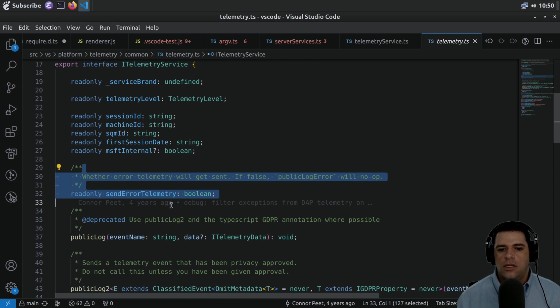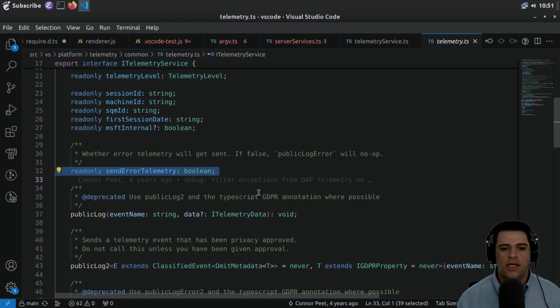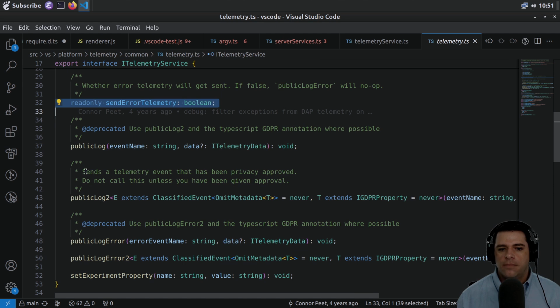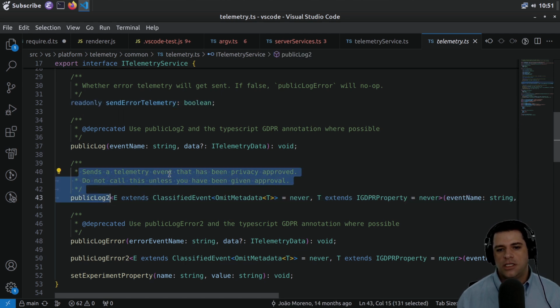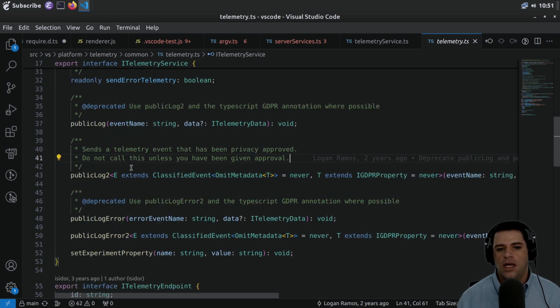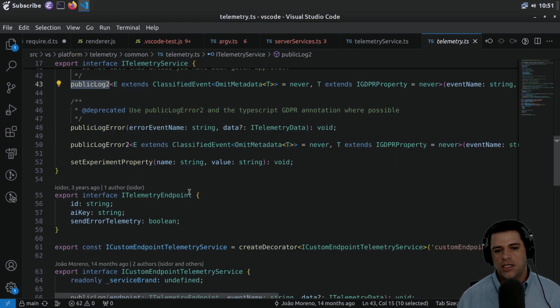Whether the error telemetry will get set. If false, public log error will no op. Okay, so I guess this is whether to send the error. Some deprecated stuff about public log. Public log 2 sends a telemetry event that has been privacy approved. Do not call this unless you have been given approval. So they have some privacy policy. And to add a call to public log 2, you need to, I guess, go through some process, probably involving lawyers and privacy experts. Then we have the telemetry endpoint,